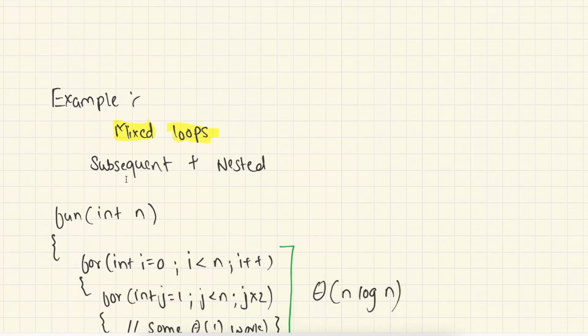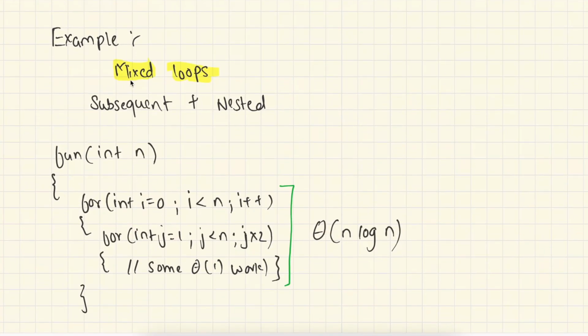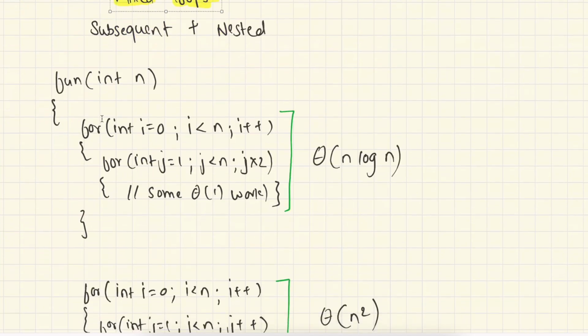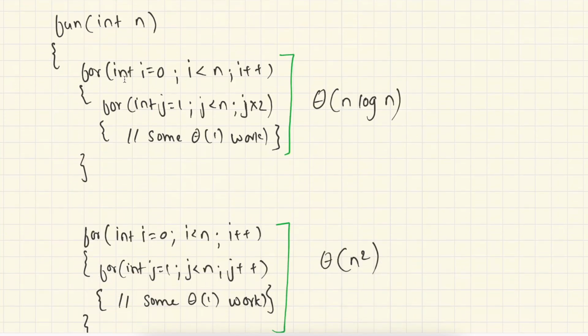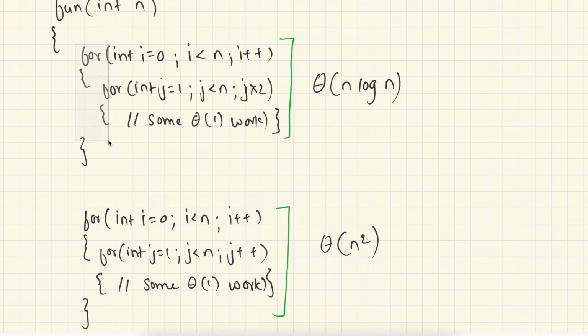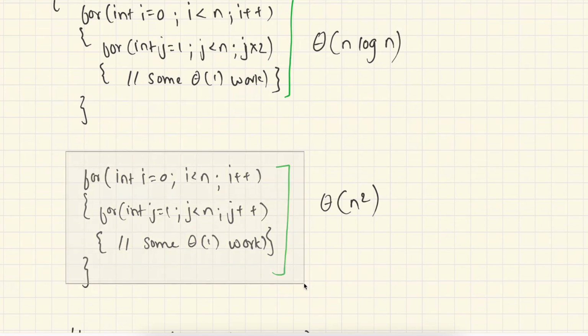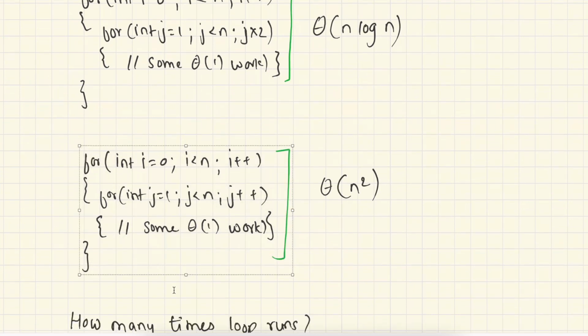Great. So let's move on to the next example. In this example, we are using subsequent plus nested loops, and we call it a mixed loop. A mixed loop is a combination of subsequent and nested loops. So let's see, we have a function that takes n as an input, and on the first line we have nested loops, and the order of growth of this loop is going to be theta of n log n. And after this loop, we again have a nested loop, but this time